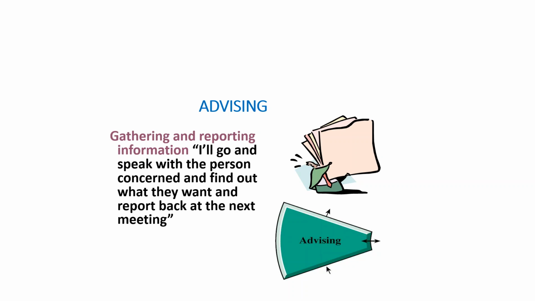But as we go through, the people for whom the advising role is really about gathering and reporting on information. People who like to do this in a team environment will have a tendency to make comments like, I'll go and speak to the person concerned, find out what they want and report back at the next meeting. So they actually like to go out and gather information and report back. A typical occupation, of course, would be a journalist. They'll go out, they'll ask a lot of questions, they'll try and get to the bottom of a story. We all know they don't always print it accurately, but they'll certainly try to get to the bottom of the